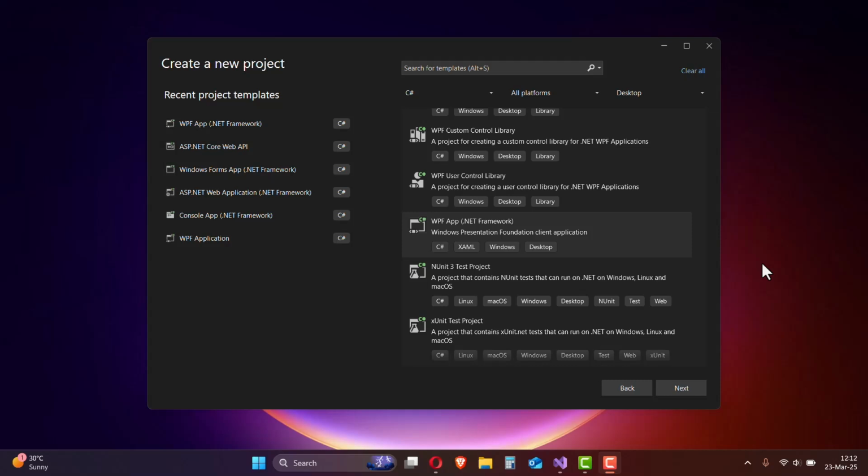I am Sayyid Naveed Abbas, and in this video, I'm going to show you how to create an inventory management system using MVVM architecture in a Windows Presentation Foundation application, .NET Framework. So let's get started. First, open Visual Studio and select C#,